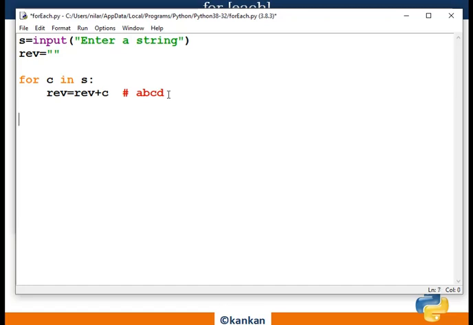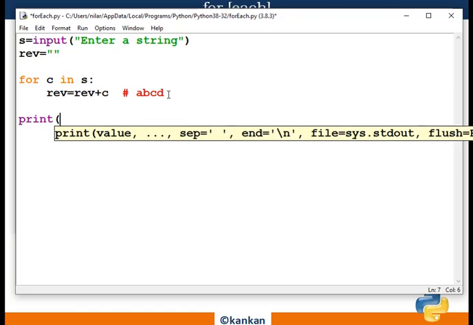Now print the string first. This is the string you need to print, and in the next line print the reverse string.